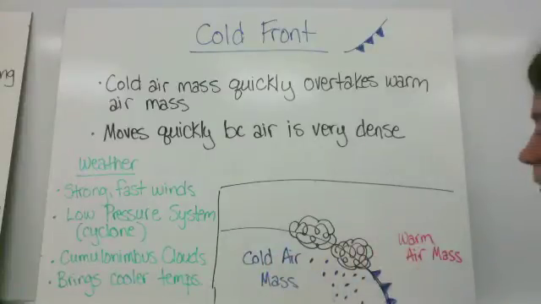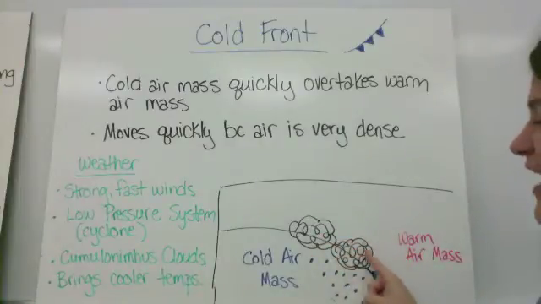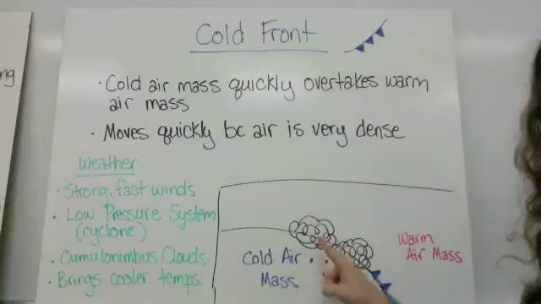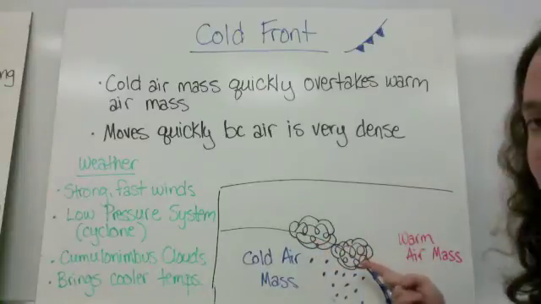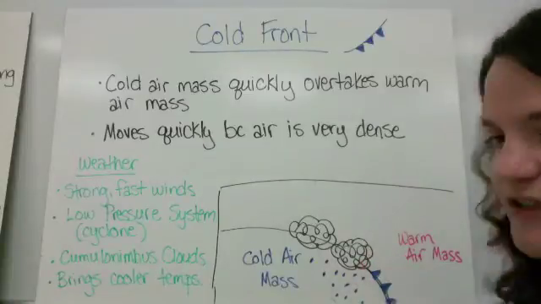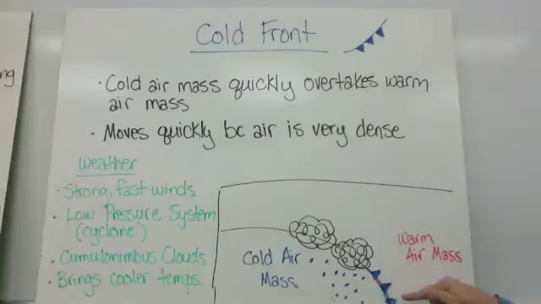As it moves into the warm air mass, the warm air is going to rise here and cool when it comes in contact with the cooler air. That cooling causes condensation, which creates these clouds, and eventually the clouds will become too heavy with water vapor and precipitation will fall. You see the symbol here for a cold front, and it's moving this direction, the way that